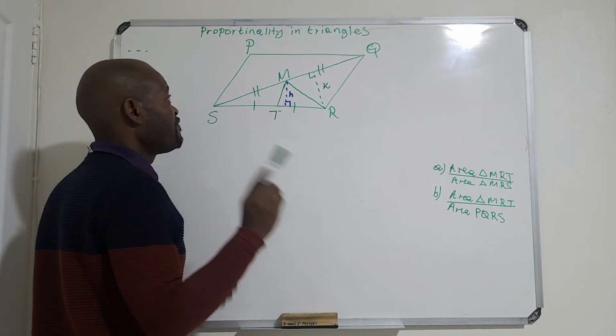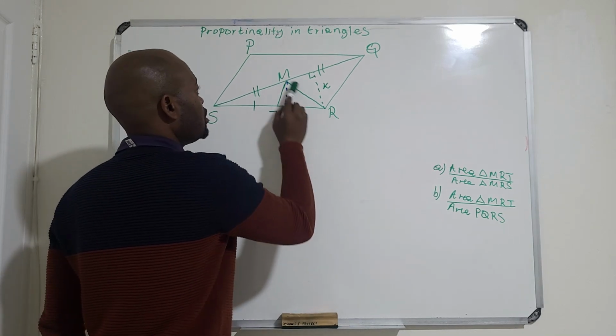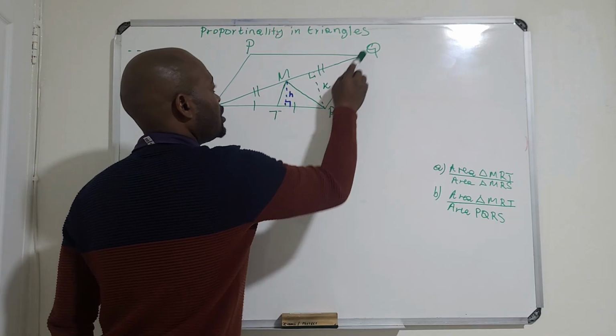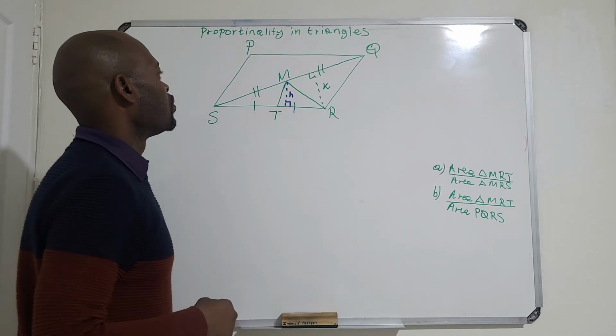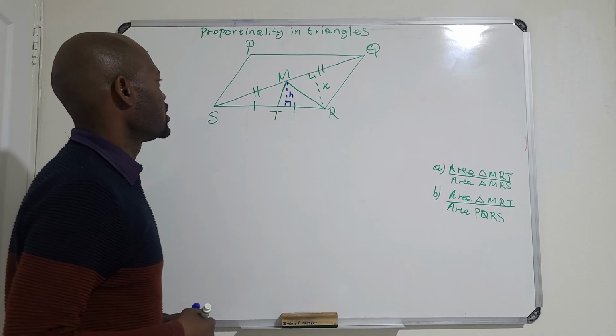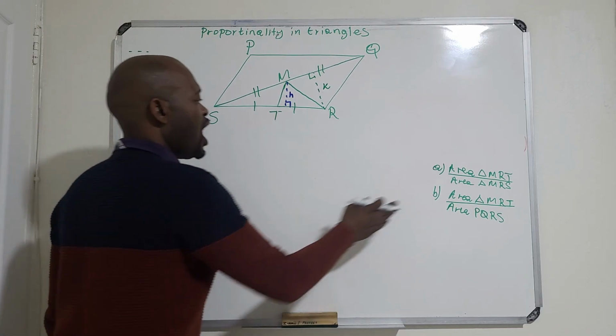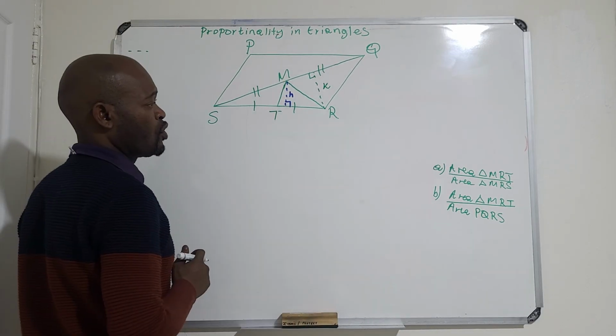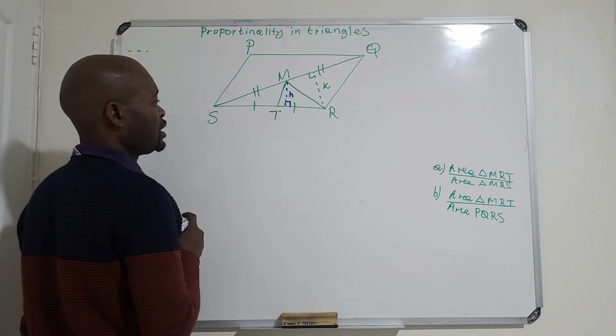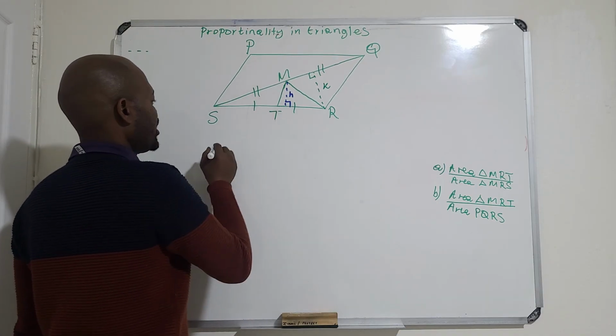But if I can first compare this triangle and this triangle, then that's our starting point. Now, for us to get the ratio of B, we're going to start by comparing the area